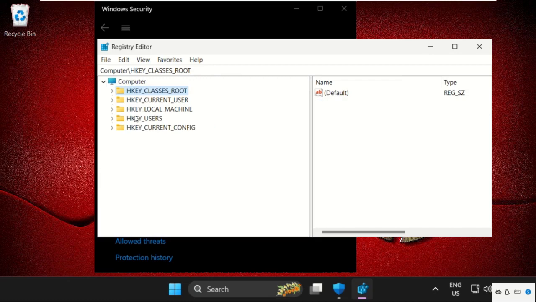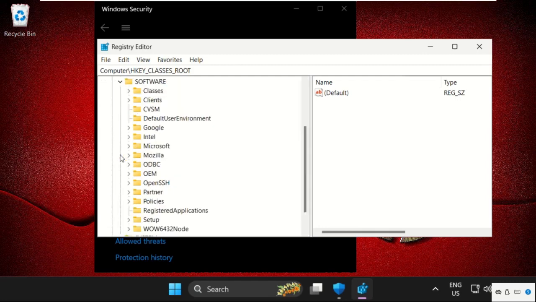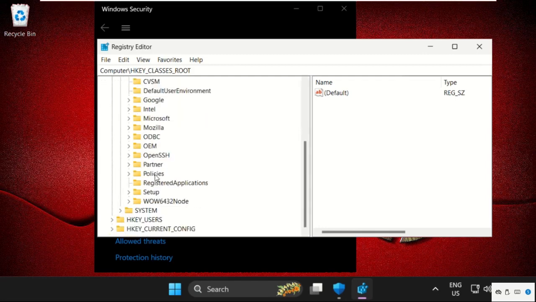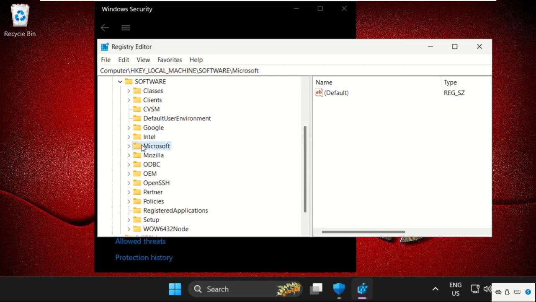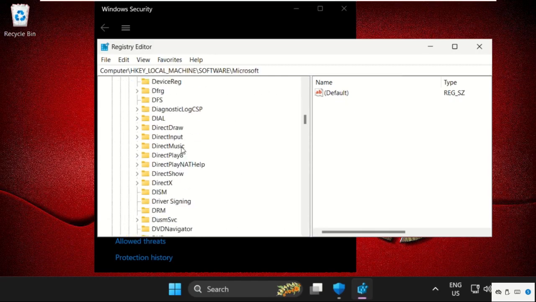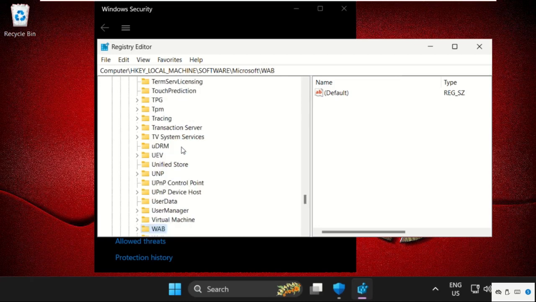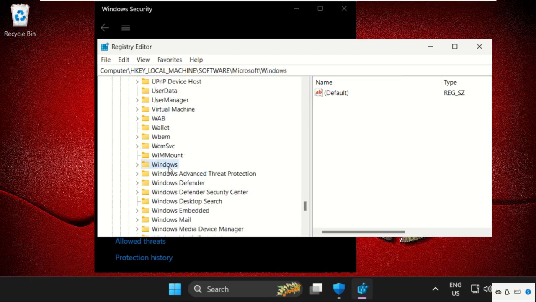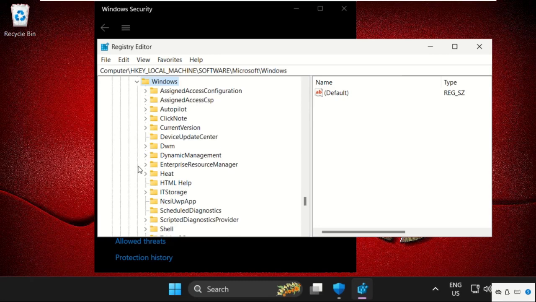just expand HKEY_LOCAL_MACHINE, then expand the Software folder, then expand the Microsoft folder, double click on it to expand it, then just go for the Windows folder, expand it, then CurrentVersion,